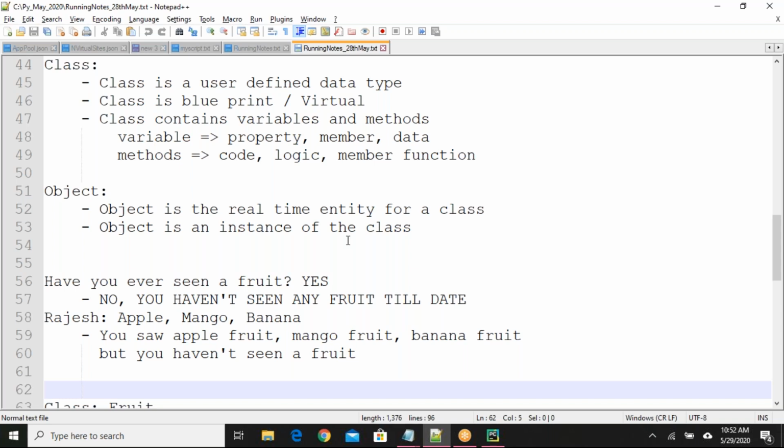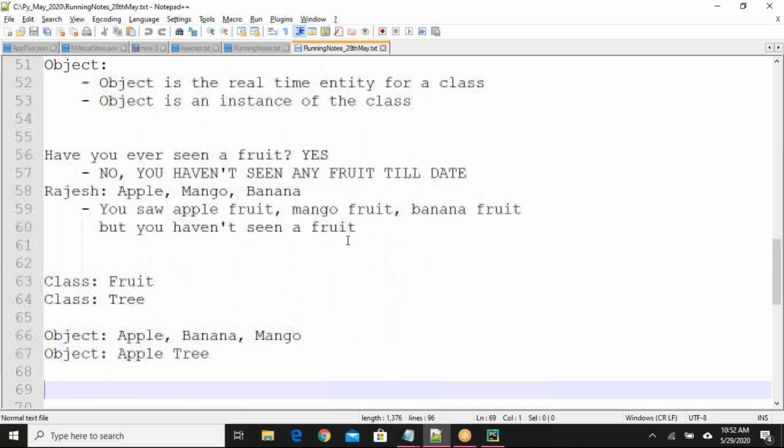Whatever you see in the real world, the trees or fruits, car, houses, any object you can mention, you can relate to class and object. I hope you got an idea about what is a class and what is an object. Clear? Next you need to understand